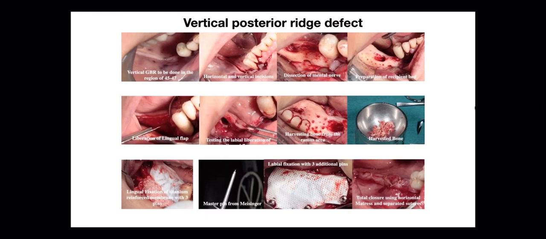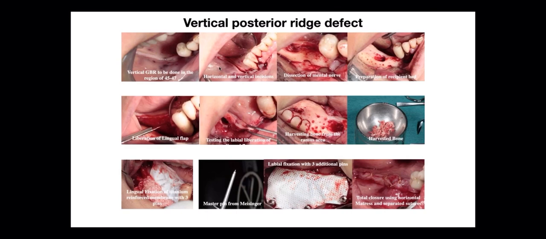Now we will start by talking about the vertical guided bone regeneration in the posterior mandible, which is one of the most complicated surgeries existent for any patient in our clinics. To be able to do this procedure,